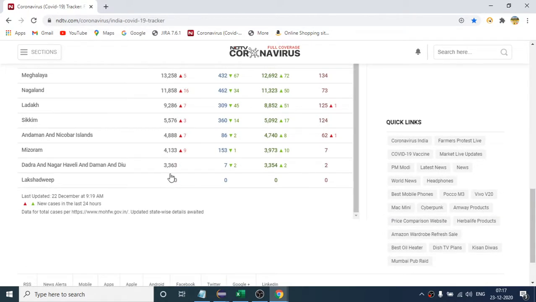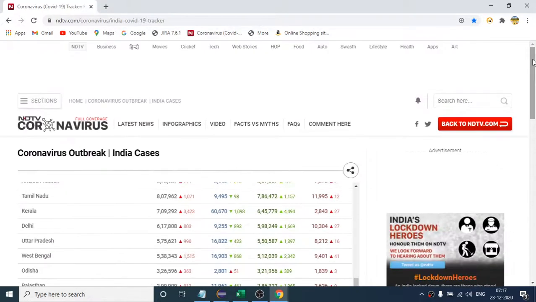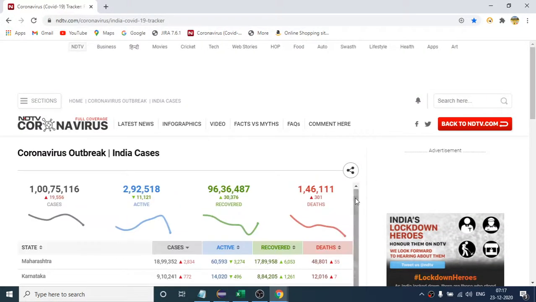So I have to add all these numbers and check whether the sum will be equal to this number or not, right? So that we can be sure daily that this website is displaying the actual number of the total cases. And similarly, if you add all these blue numbers, this left one and left one, this will be equal to this one, and if I add this third one, this will be equal to this one, and likewise this, right?